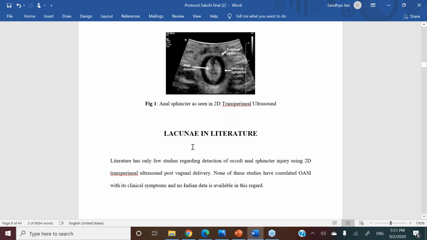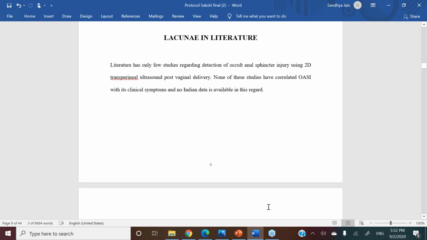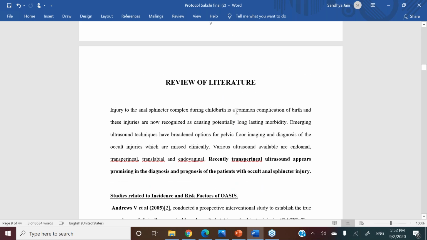And then this is what I was talking. At the end of introduction, you can put a lacunae in literature, separate heading, just 3 lines. Literature has only few studies regarding detection of occult injury using 2D transperineal ultrasound post-delivery. None of these studies have correlated obstetric anal sphincter injury or OASI with its clinical symptoms, and no Indian data is available in this regard. So you can conclude the introduction by a lacunae in this, and then of course this is followed by review